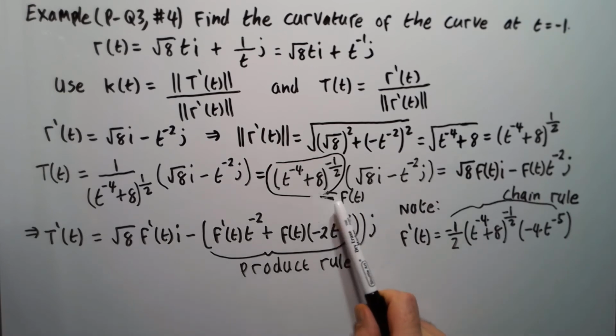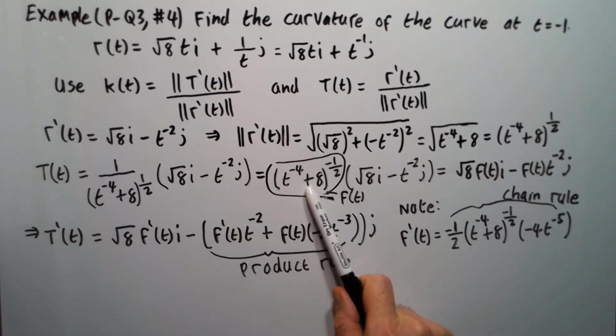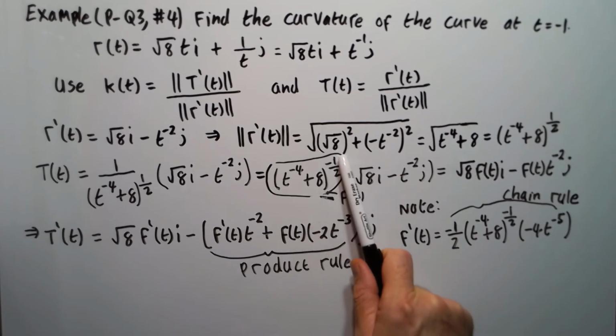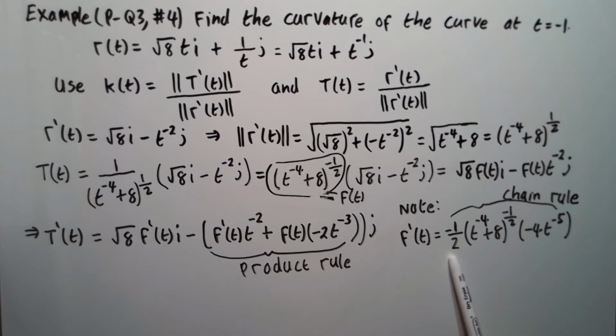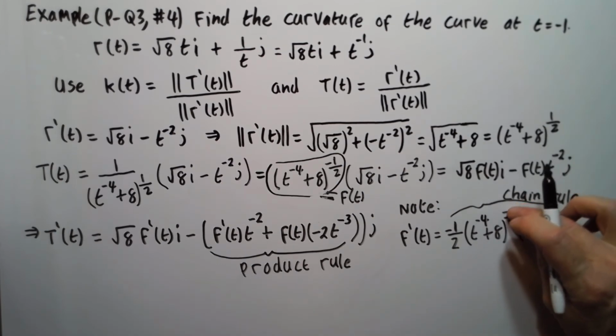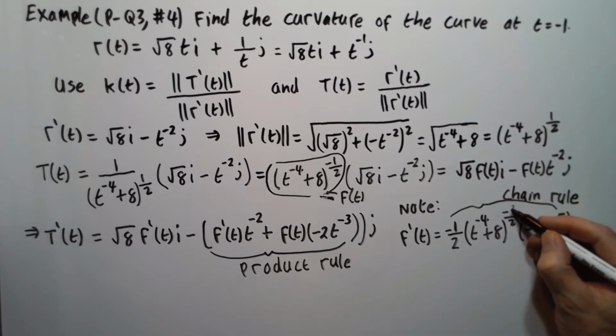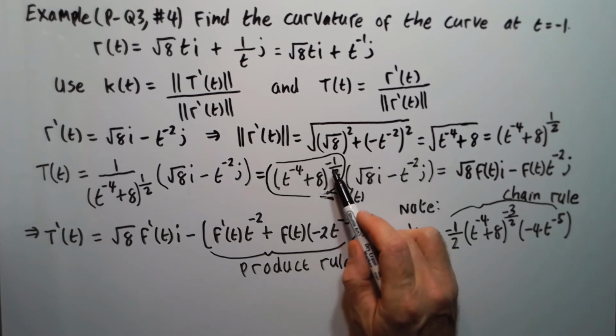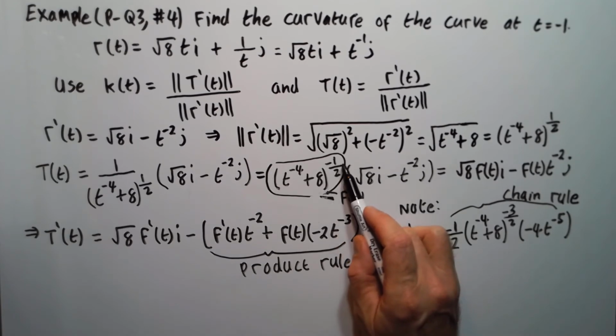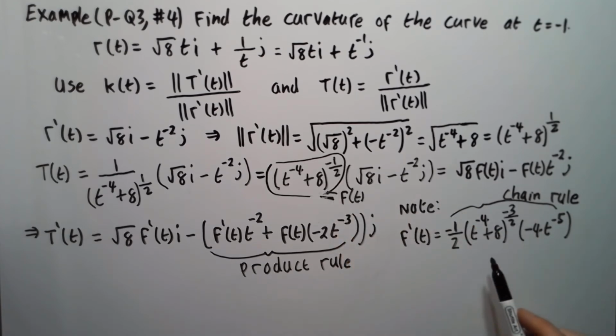Okay, so here's my f up here. I'm going to take derivatives, so you're going to have to use the chain rule. You take the minus 1/2 here, bring it in front, like I did here, and subtract 1 from it. This should actually be minus 3/2 here, because you subtract 1 from the power, so it'll be negative 1/2 minus 1, which is negative 3/2, times